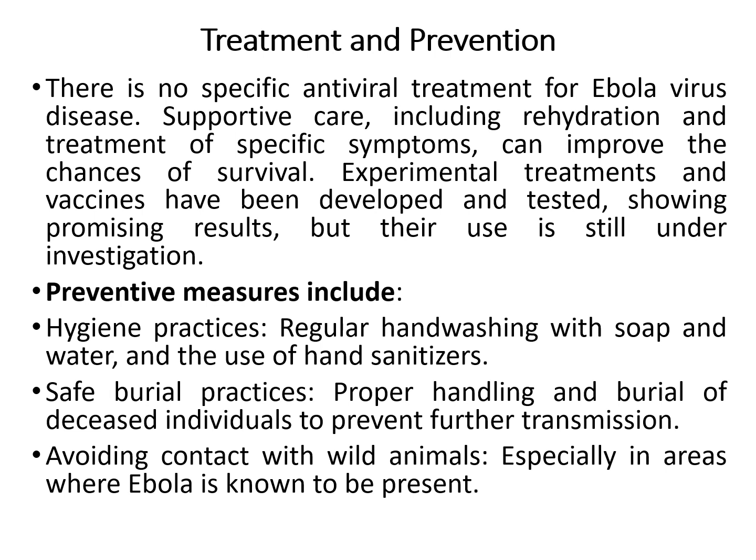Avoiding contact with wild animals, especially in areas where Ebola is known to be present. In a particular area, there is a possibility of infections. In such cases, we should not eat bushmeat, or come in contact with the blood and other things from these wild animals. So through all these ways, we can treat and prevent viral infections like Ebola.